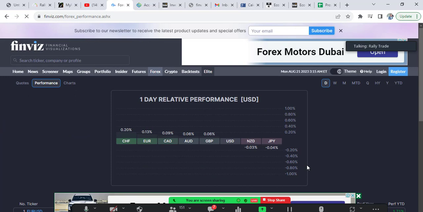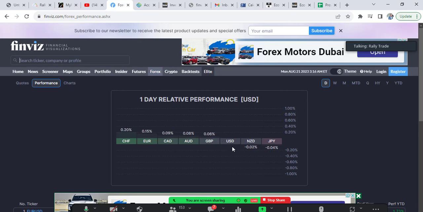So you get to see the relative strength of the dollar. Look at where the dollar is right now. The dollar is here, right? So it is not all that weak. It's somewhere in the middle. That is why we saw that it has retraced very well. And of course, it has gotten to our point